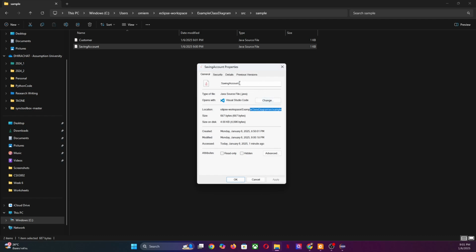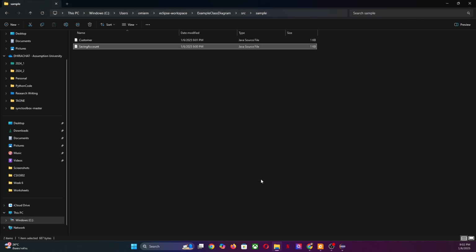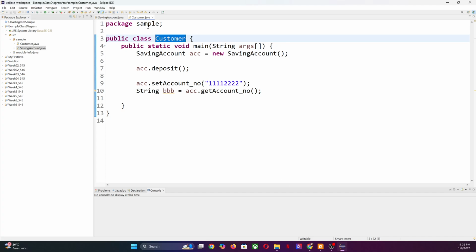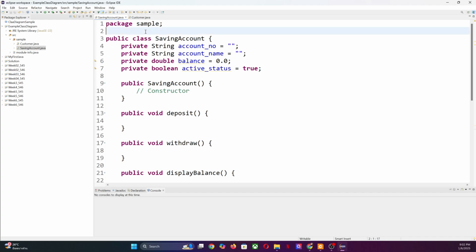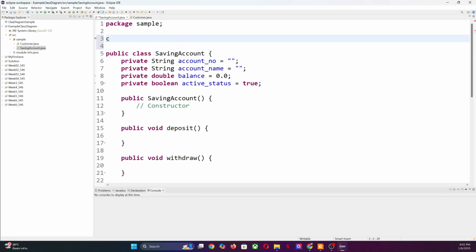So you see this one is the name of the .java file. If you see it in command prompt mode, it will say SavingAccount.java, but this one is the window that just shows it like this. So the file name must be Customer.java, but you are allowed to have another class. For example, you can put a class anywhere you want. For example, I can say class CreditCardAccount